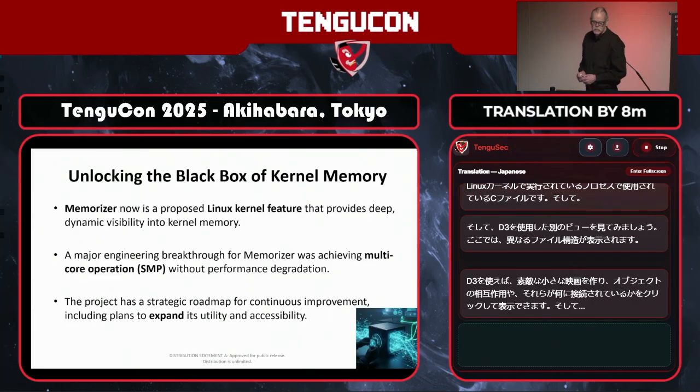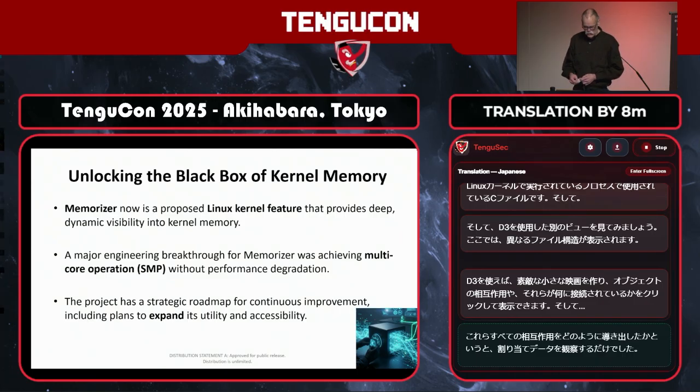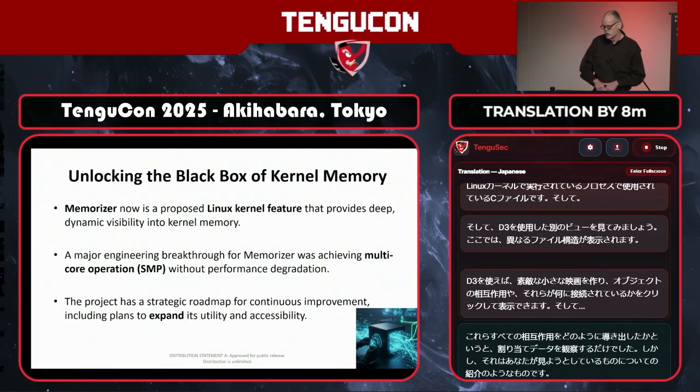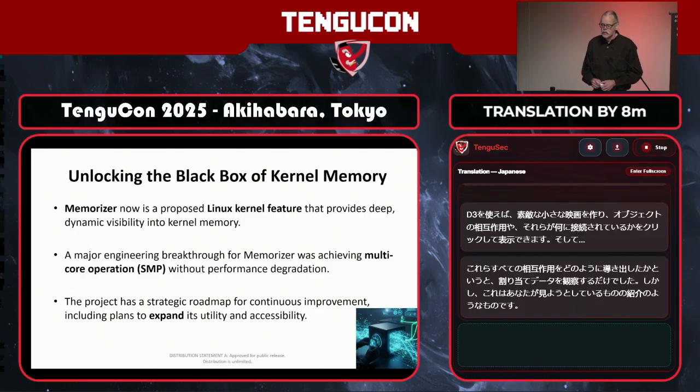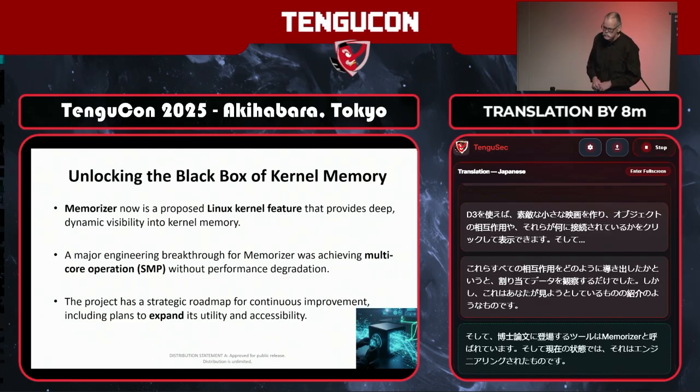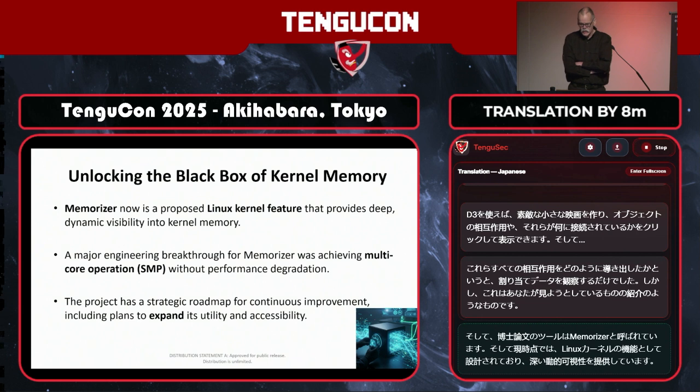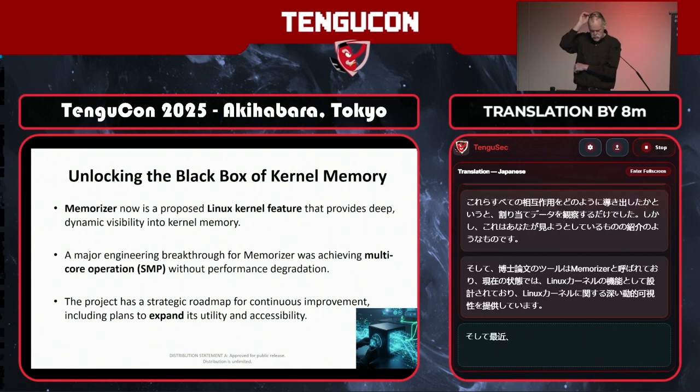But that's kind of an introduction as to what you're getting ready to look at. The tool from the PhD paper is called Memorizer. The way it stands right now, it's been engineered as a proposed Linux kernel feature. And it provides deep dynamic visibility into the Linux kernel. And then recently, as of, I think it was version 27, maybe 26,